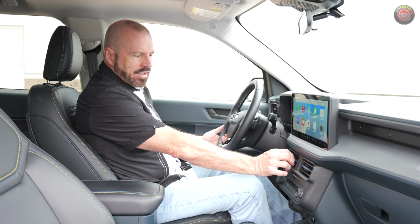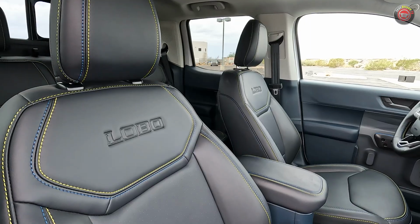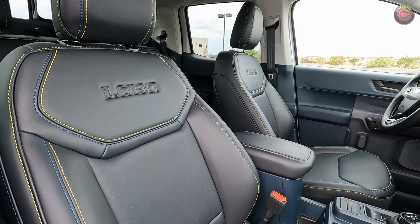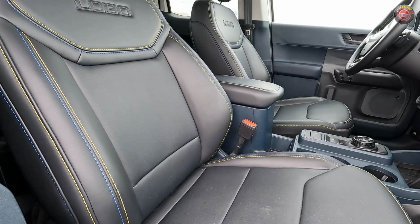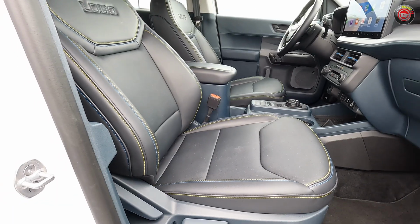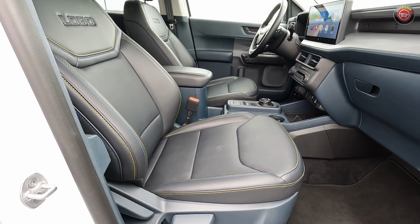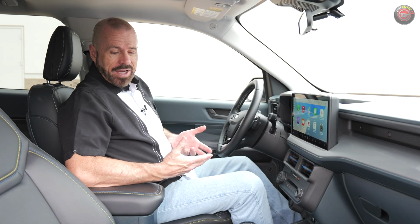You can see that in the little pieces on the vents and some of the pieces on the doors. These are heated seats with Lobo embossed on the backs and more of those beautiful lime and Grabber Blue accents. The actual material here is a graffiti-inspired patterned vinyl called ActiveX. I will share that while these look good and they're relatively comfortable, at $43,000, I'm kind of thinking we ought